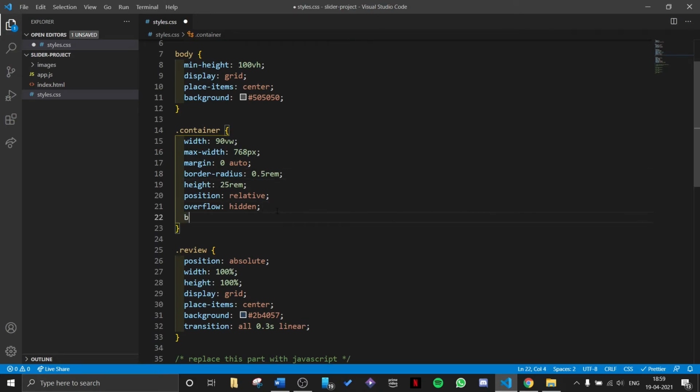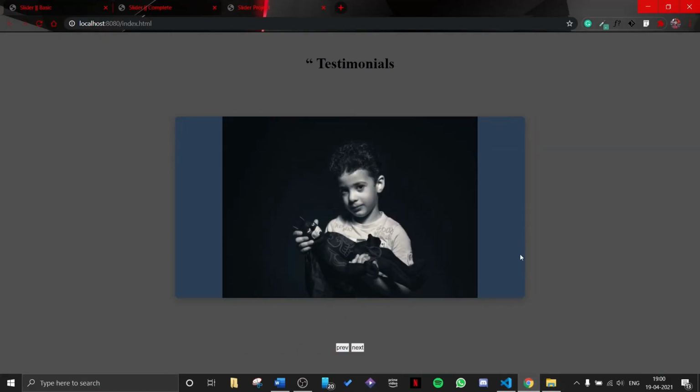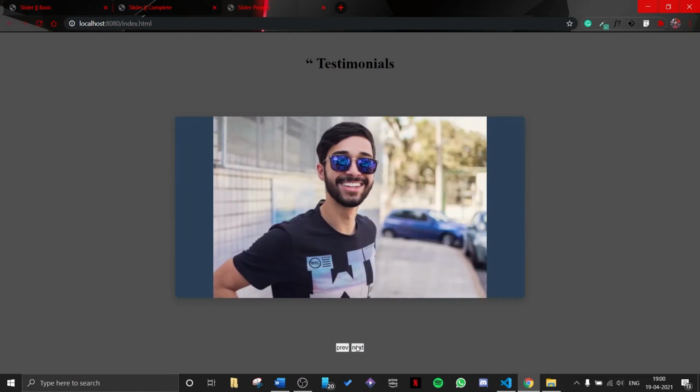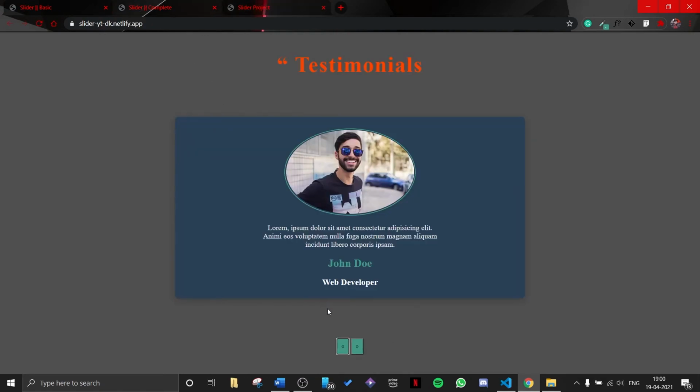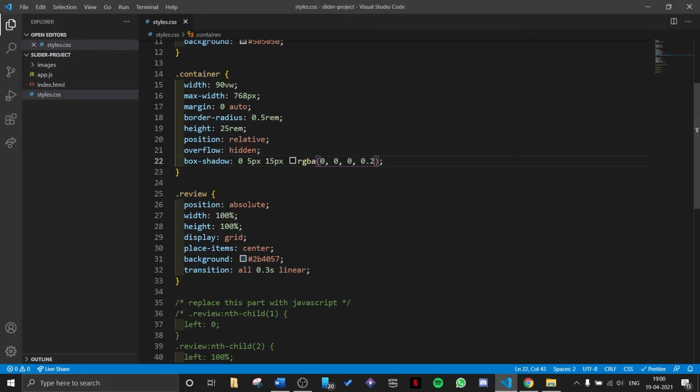And I will add a box shadow, 5 pixel 15 pixel, and we will use a dark box shadow. 0.2 is enough, I guess. So if I see it now, yeah, looks similar to this one, right? Still we have to fix a lot of things, but yeah, we're getting there.